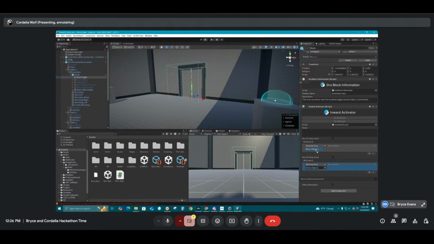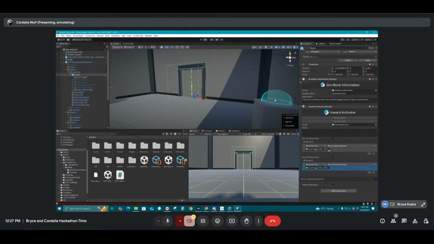So this will be a setup for if you're using the door prefab already. We've already kind of shown how to do an inward activator, like set active, turn on and off. So if you wanted to, you could have a completely separate object. Like if you don't have a door, if this is for something else, you could just have an object that is your lock, that you can just tell to be locked or unlocked, and then its activator will take care